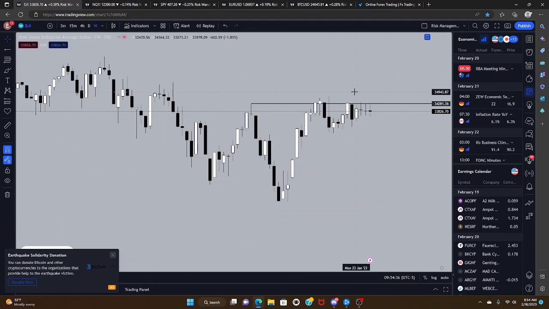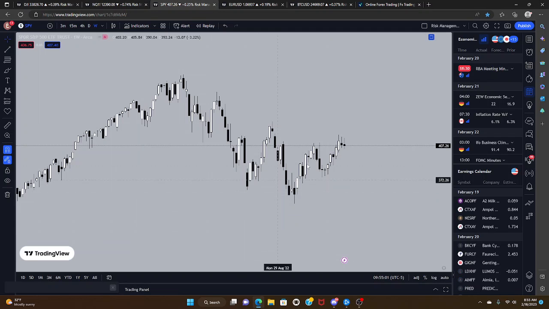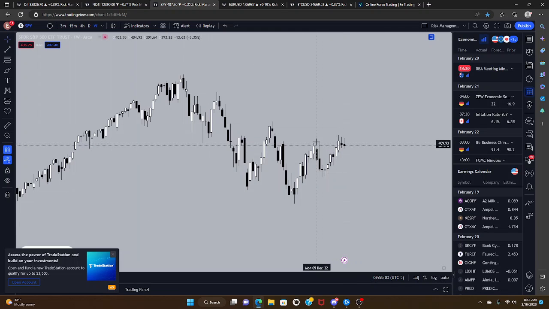One thing I want to talk about is the thing I had mentioned previously: the Dow Jones Industrial Average has led the market. It created higher highs back in November of 2022. NASDAQ and SPY actually just recently created new higher highs, taking out these highs right here. If we go to SPY, it actually just created higher highs as of 2 weeks ago.